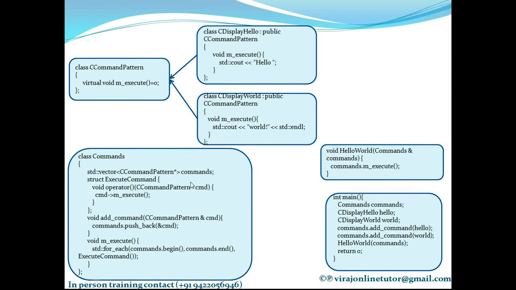So the commands class is going to have a list of commands, and this data type is exactly matching with this, right? So it has a list of commands, and there is a function called add command, to which a command is passed from outside and is added to this list. Simple. There is a list maintained of commands here, and the add command function adds the command to the list using pushback.